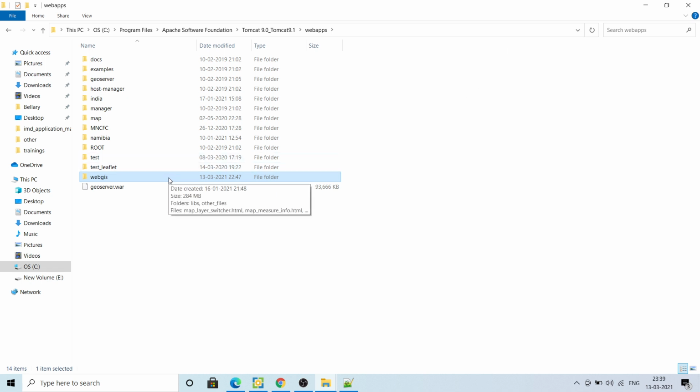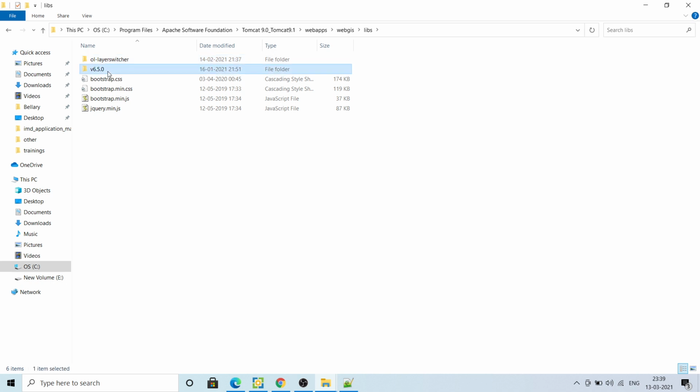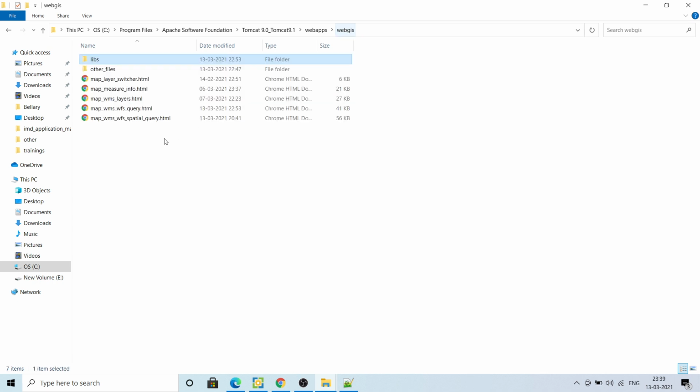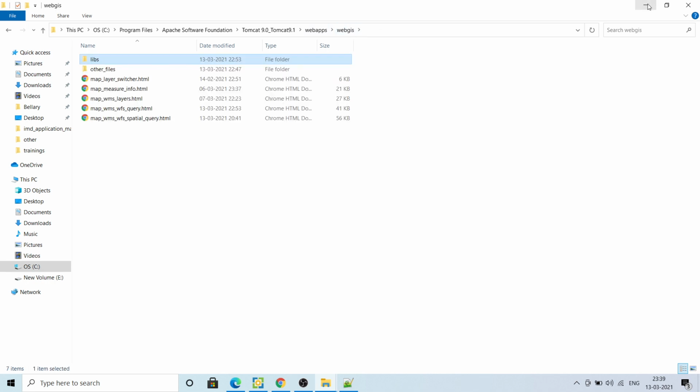After that, you can create any folder inside the web directory, like I have created WebGIS. Then download all these libraries like OL layer switcher, this OpenLayers 6 version, bootstrap and jQuery. You can go to my earlier 2 videos of this series to see where I have downloaded these from. Just keep your web page here, give the reference to all the library files, and you're good to go.